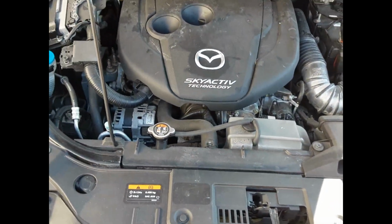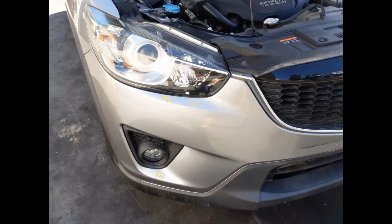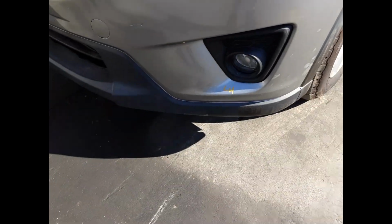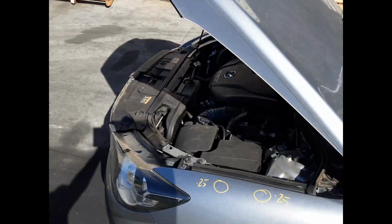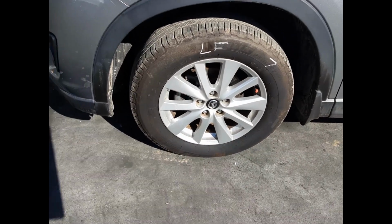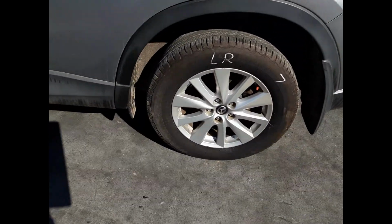SH 2.2 litre 4-cylinder twin-turbo diesel engine. We have the right-hand headlight, right-hand fog light, tidy front bumper cover, radiator grille, left-hand headlight, left-hand fog light, left guard has 2 small dents, bonnet has hail damage, left power door mirror, left front 17-inch factory alloy mag with a good tyre, left front door has 2 small dents, left rear door has 4 small dents, left rear 17-inch